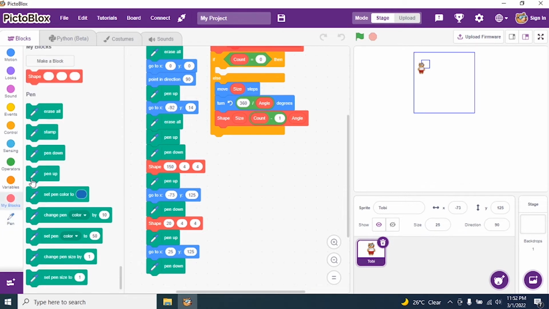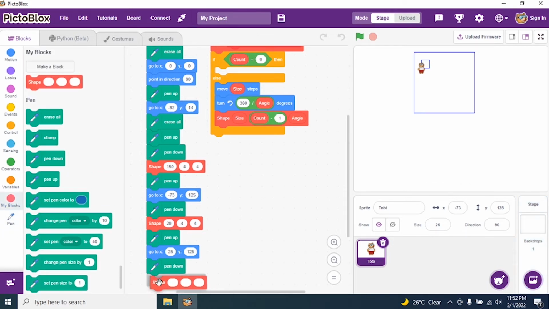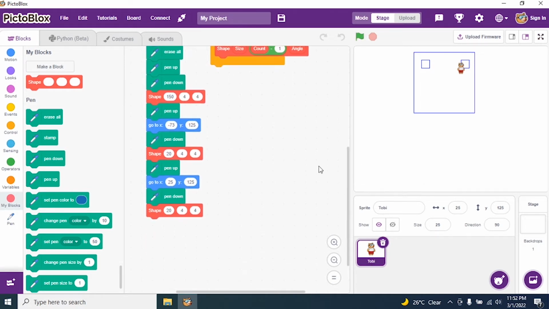Okay, go to my blocks and call the block. Again it should be 720 only because both the eyes should be equal, no? Count also 4, angle also 4. Run the program. Perfect. Yes, now I have to draw nose. Come down. I need to draw nose. So I will draw